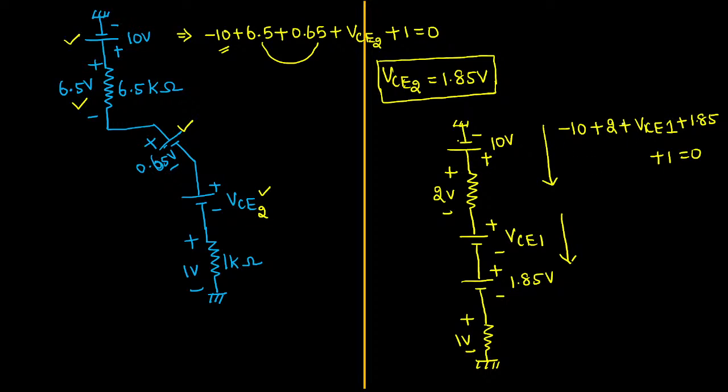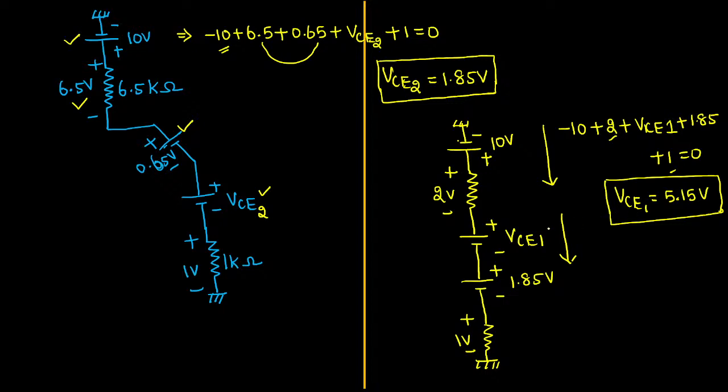Shall we start adding? See, 2 plus 1 will become 3. 3 plus 1.85 will become 4.85. So minus 10 plus 4.85 will become minus 5.15. So I can say the collector to emitter voltage VCE1 will be equal to 5.15 voltage. Yes or no? If we add this too, it will become 10 voltage overall. Okay, sir. So we found the operating point, sorry, of course, it is called the collector to emitter voltage